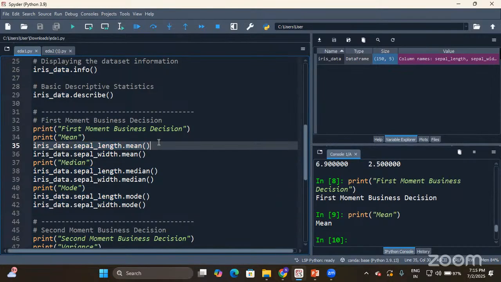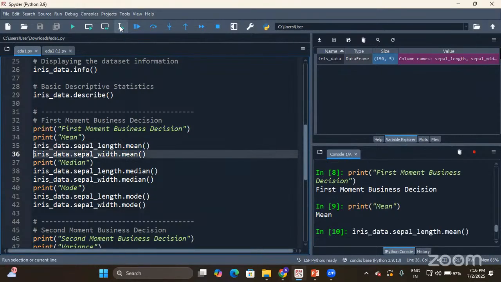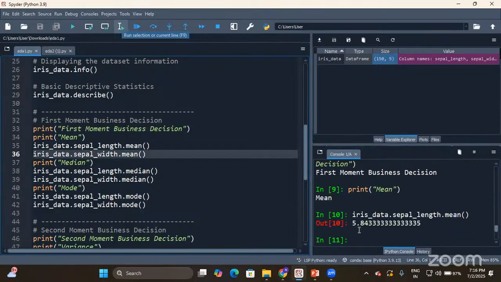So in this way, we can calculate the mean for all the 4 columns. When I execute, within fraction of seconds, it will return me the mean value. It has written me the mean value.